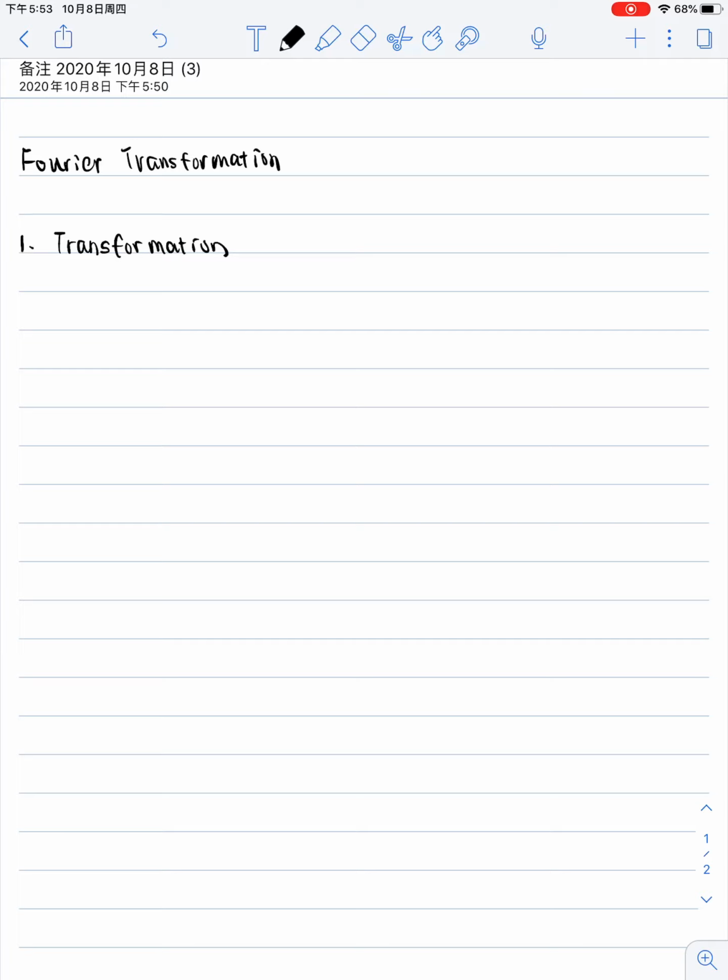It is hard to say, but transformation is where we use one way to express something. We can use a simple way to express something hard to explain. It's called transformation, and they can convert to each other. For example, we have a coordinate. For example, we have a vector, which is A. This is a vector, and the coordinate of the vector is